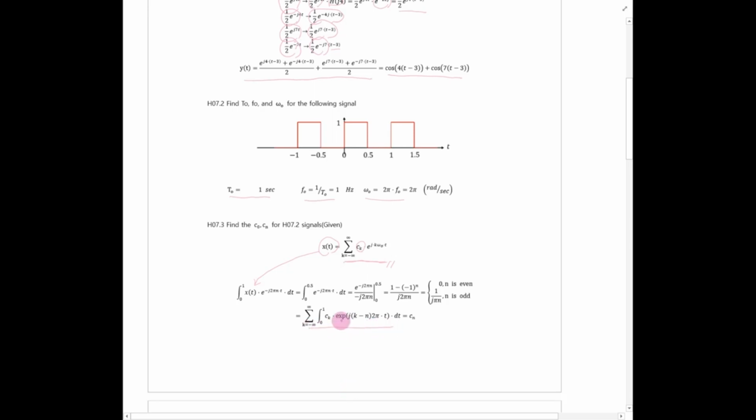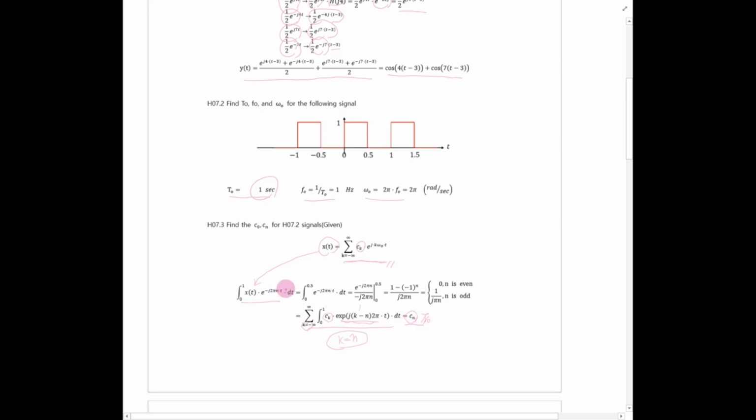But in these cases, these exponential terms have non-zero value only if k equals n. So k should be n. In that case, this is Cn, this goes to 1, and taking integration over the period. So actually this one is Cn times T0, but at this moment T0 is 1. So that's why this gives Cn. So this means that